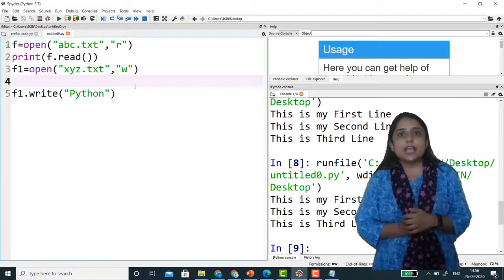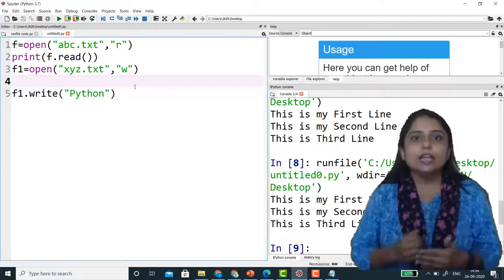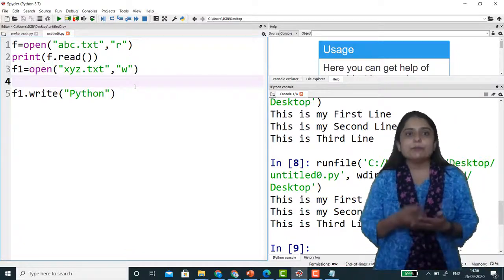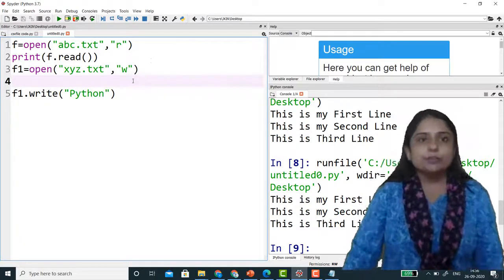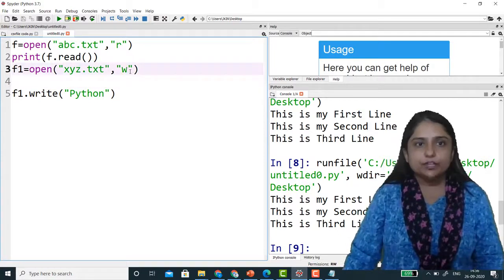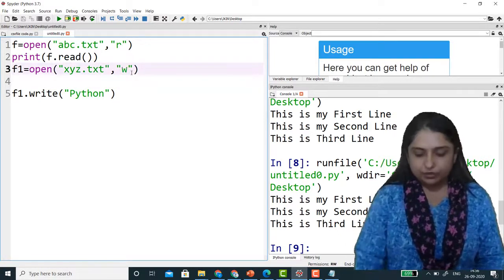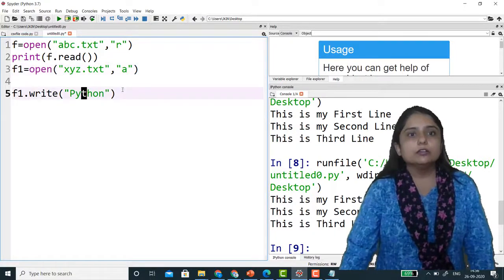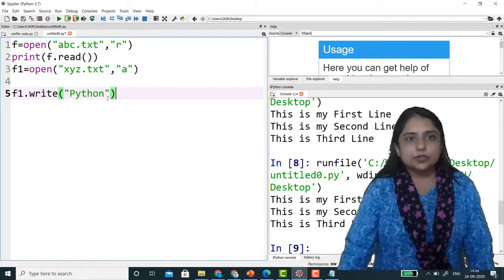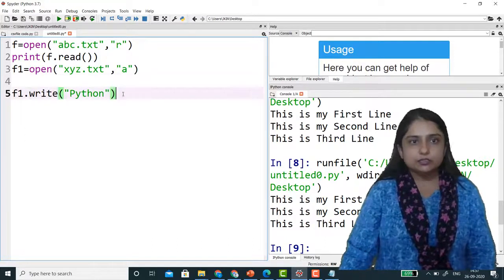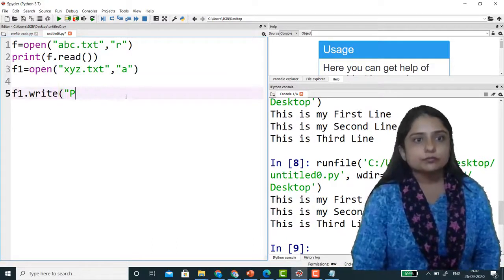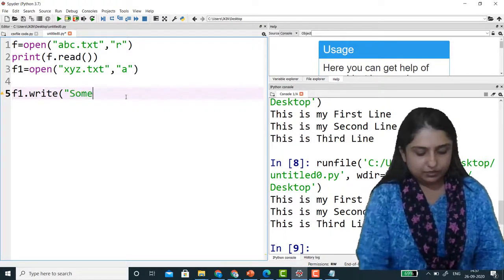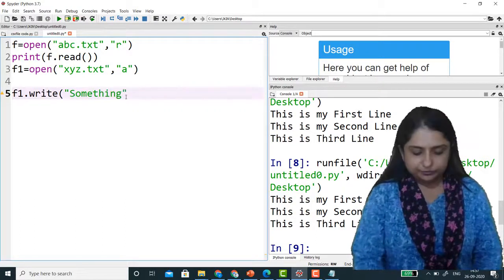If you use the append mode, then it will append the data, that is, if the file is already there, it will append more data. For example, here instead of w, if I use a mode, that is append mode, and here I'm writing Python and something.